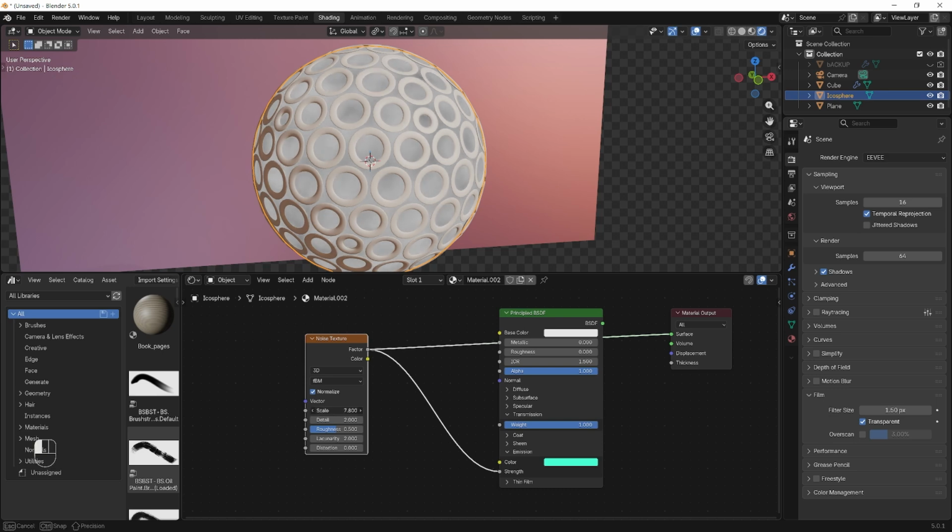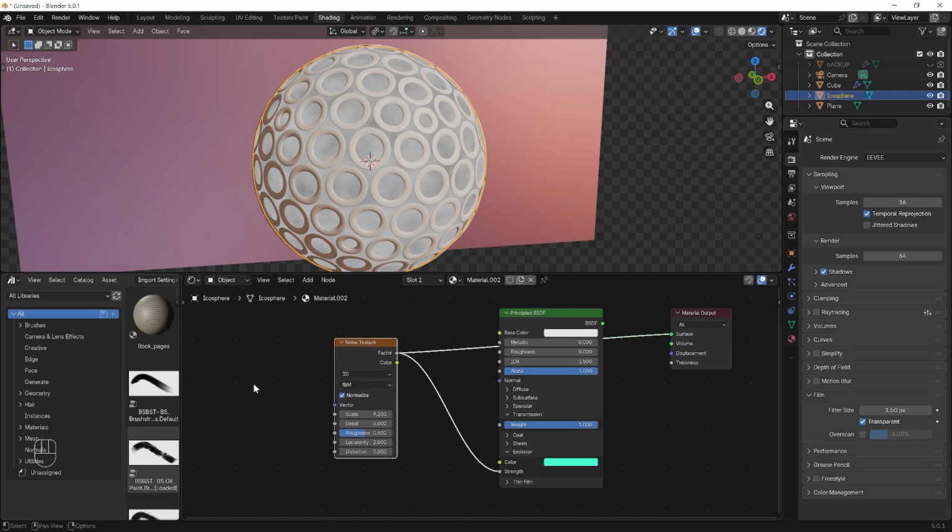Let's increase the scale to something like 9.2. And we can also increase the details to make the lines a bit more wobbly. We'll leave it like that for now, and we can always come back and adjust it more later. To create even more details, let's add another noise texture. So Shift and A and search for noise texture